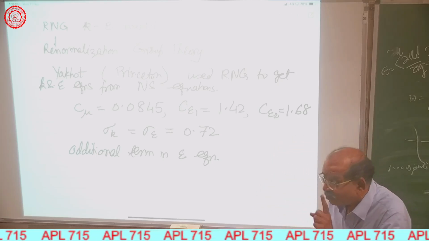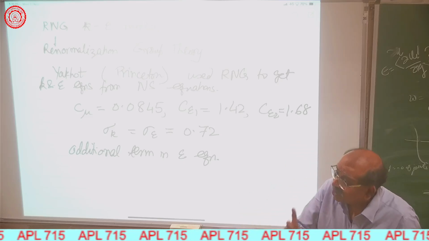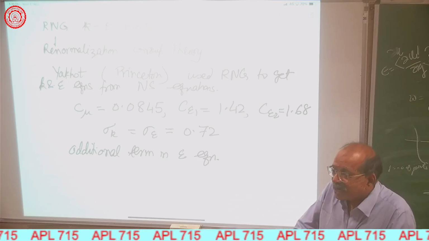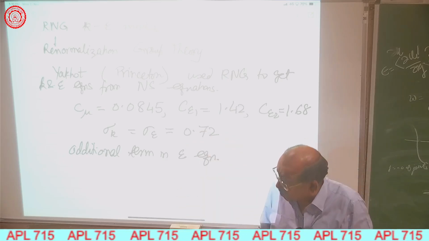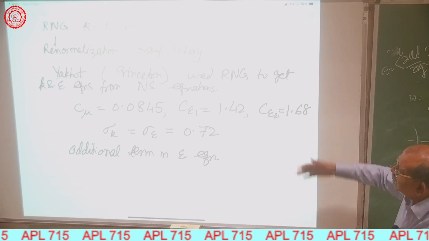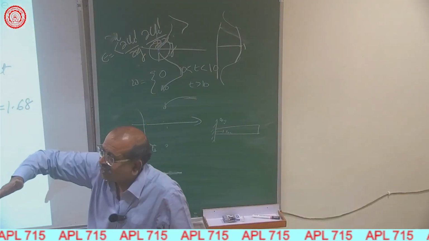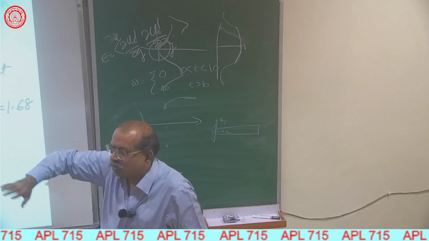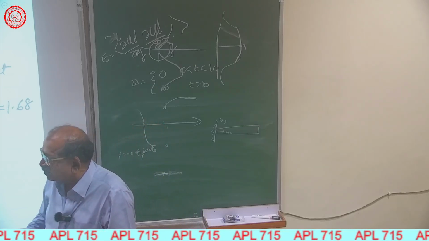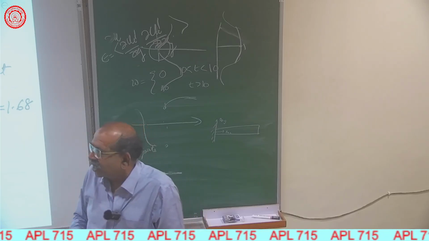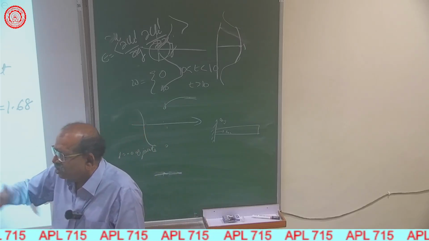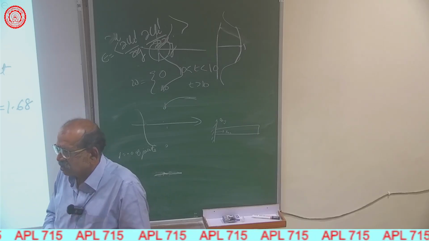Now, how many equations? That's a one equation model. But it is a one equation complete model, because you don't need any mixing length. So what Spalart and Allmaras did, they just wrote the equation for nu t. That also worked. So, many things could work. But then also in tomorrow's class, I'll tell you what the next higher step in this Reynolds averaging equation is. We'll not go through those models. And then briefly, I'll talk about the LES model, what exactly it is, but very little. I don't even think we'll be able to get to LES at all. But at least I'll give you where it stands today. Now for the exam,